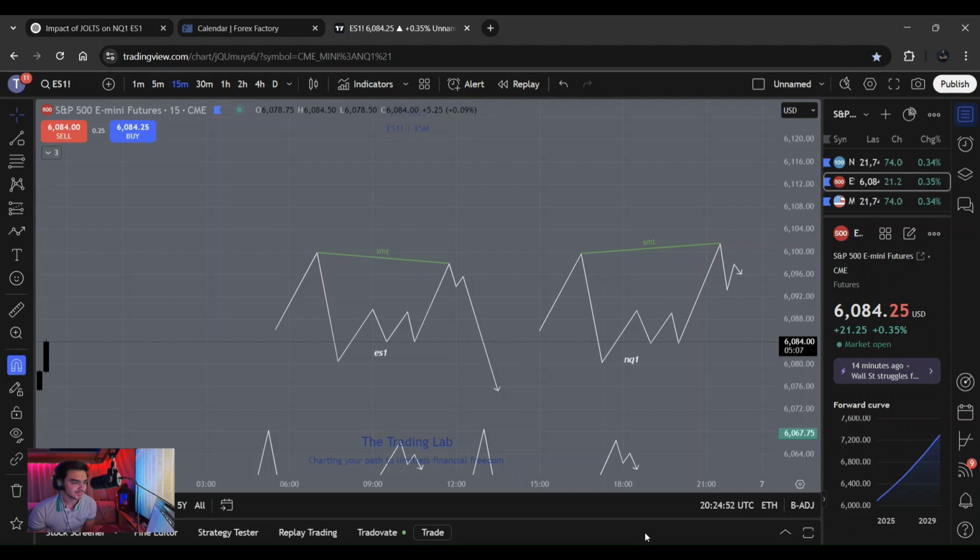So, an SMT divergence occurs when you have uncorrelated price action. So in this example, for a bearish SMT,